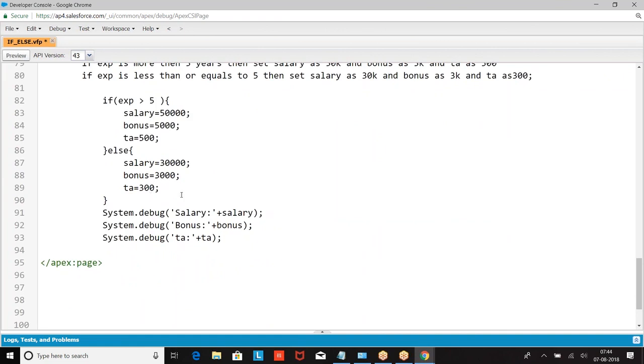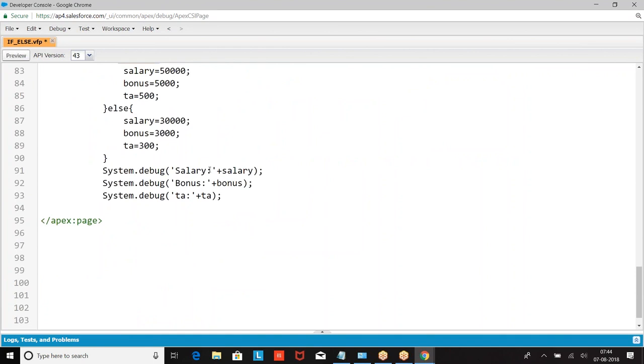In else we have not given a condition, right, Satish? Now, if I say else, what does it mean? It is not greater than 5 years, which means less than or equal to 5 only. But Satish, if it is mentioned less than or equal to 5, do we need to mention the condition? No, else means the same. When I say experience is greater than 5, else means equal to or less than 5. It is not greater than 5, so it's less than or equal to only.